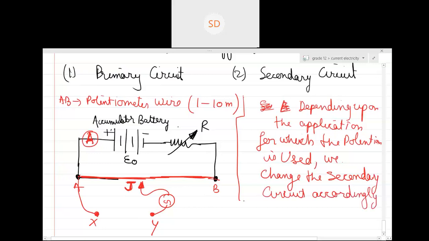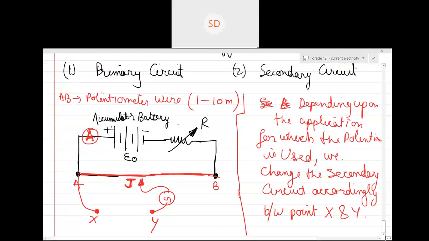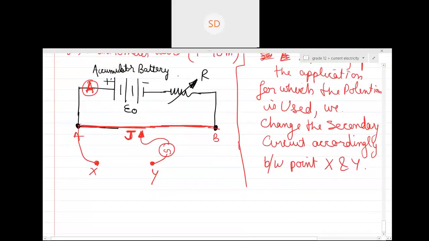Where is the secondary circuit connected? Between points X and Y. Always remember the secondary circuit will be placed in between these X and Y points. Okay? So it can be anything. We'll see exactly each and every application of the secondary circuit in the potentiometer, in every different application. So let's write applications